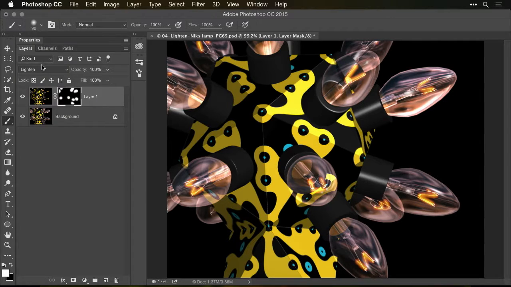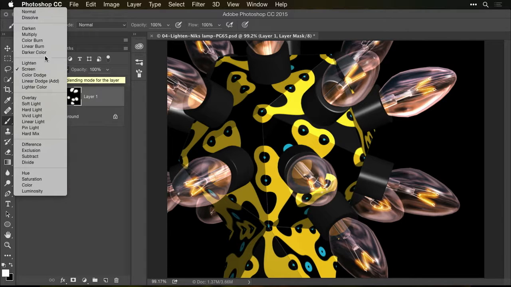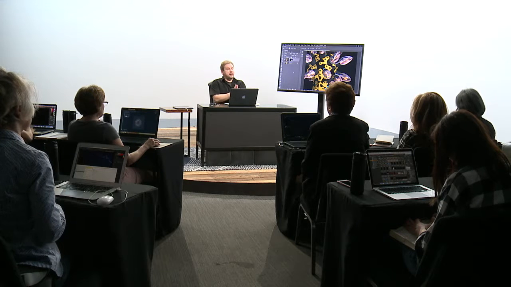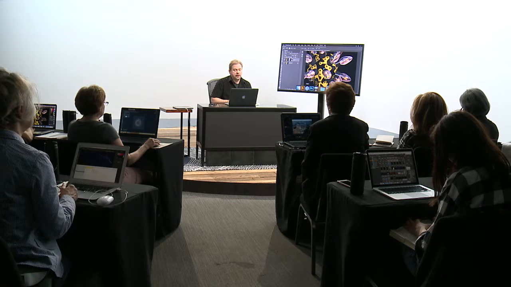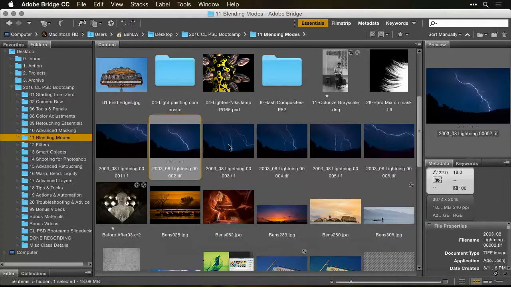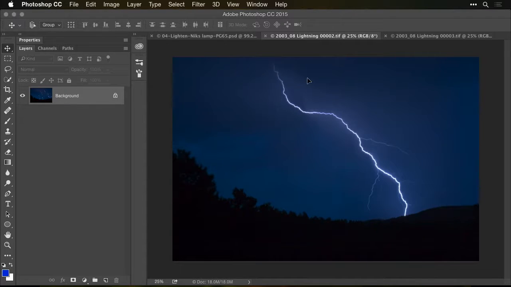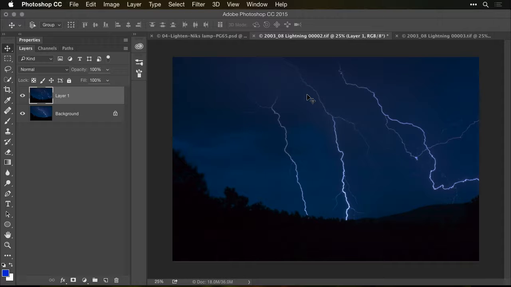So here's lighten, and here's screen. So very similar concept. Isn't it nice that they grouped them together, because they give you very similar end results? So if you remember back to our lightning shots, if I were to use it with the lightning shots, I can go find them here. Since there's a blue sky in the lightning shots, the light that's in it, in screen mode, is going to get kind of doubled up, because in